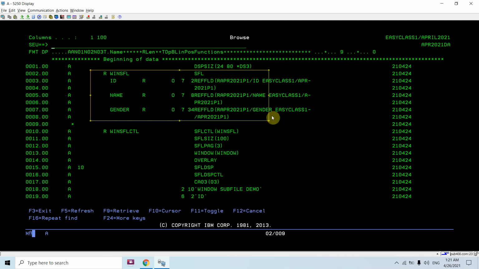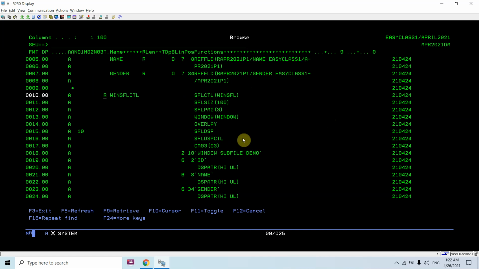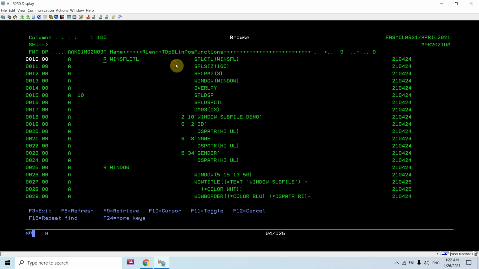This is the subfile format for the window subfile, and all the fields are referred from this file. And you can see this is the Windows subfile control format, where I specified all the basic mandatory keywords.